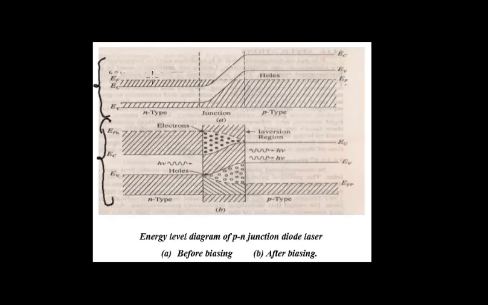Now, in the first case, we can see the Fermi level, this is for N type and this is for P type. The Fermi level for N type, as per the law, lies here, and for P type it is here, at the bottom of the valence band. As soon as we provide forward biasing to the diode, the Fermi level will go up for N type semiconductor and it will come down for P type. So here and here.